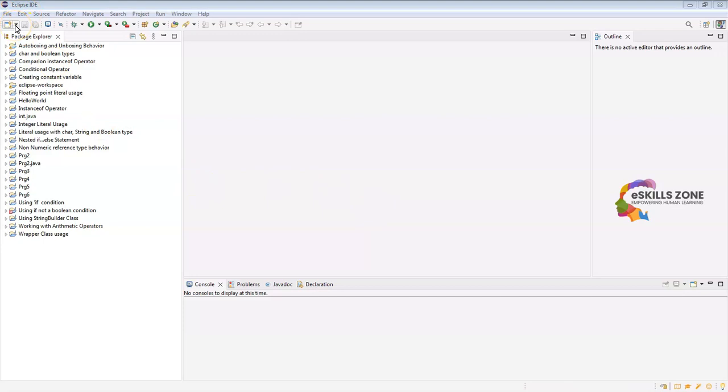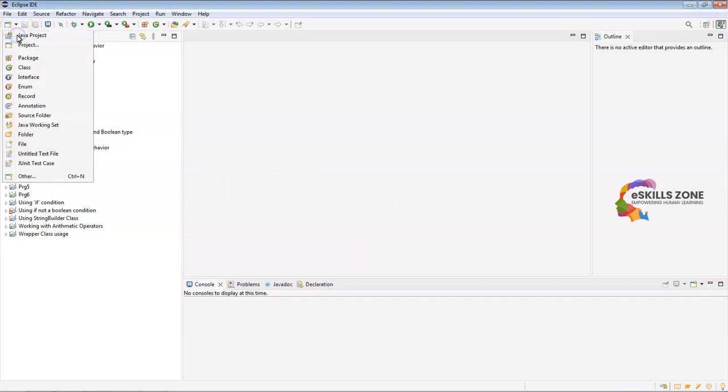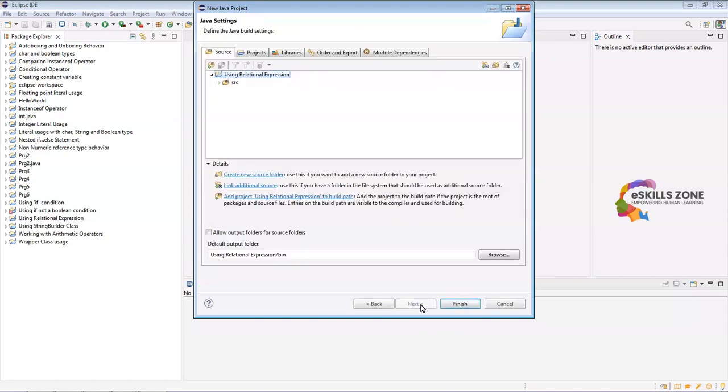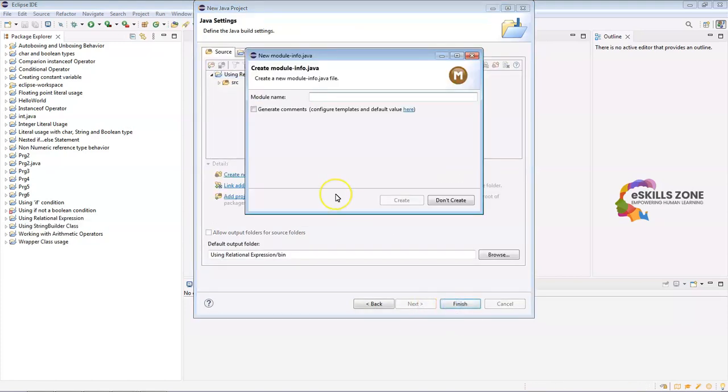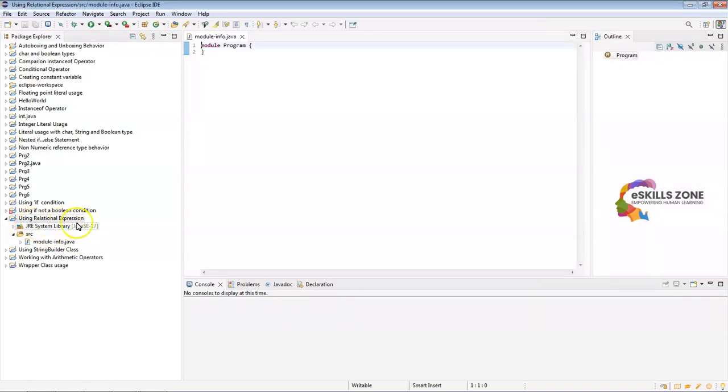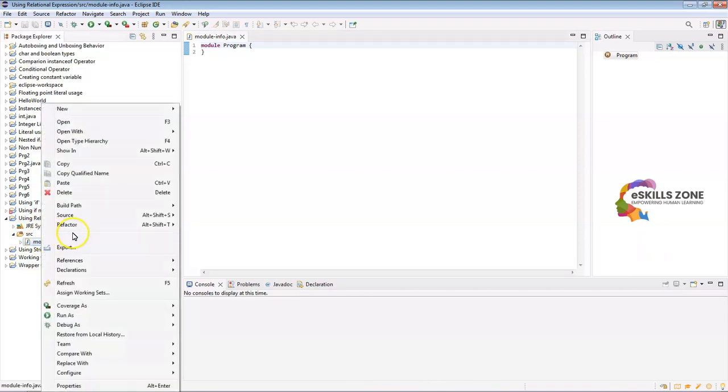We will click on this button and click on the Java project. From here we will type the name of the project as using relational expressions and click on the next button. Now we'll click on the finish button and then type the name of the module as program temporarily and then click on the create button. Now you can see that we have the using relational expression project in IDE Eclipse, and we will right click on the module and then delete it,